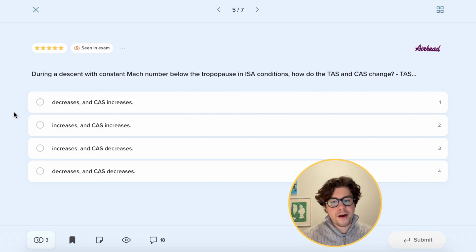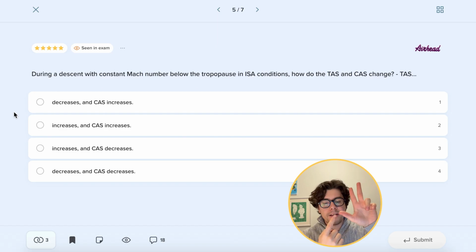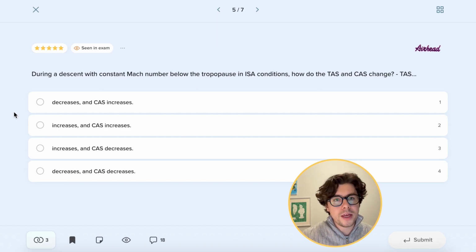For question number 5, during a descent with constant Mach number below the Tropopause and EASA conditions, how do the TAS and CAS change? If you remember the eat chicken tikka masala mnemonic, you have 3 fingers: chicken tikka masala, calibrated, true, and Mach. If you are descending with constant Mach number, this means that both CAS and TAS will increase, which of course makes sense because